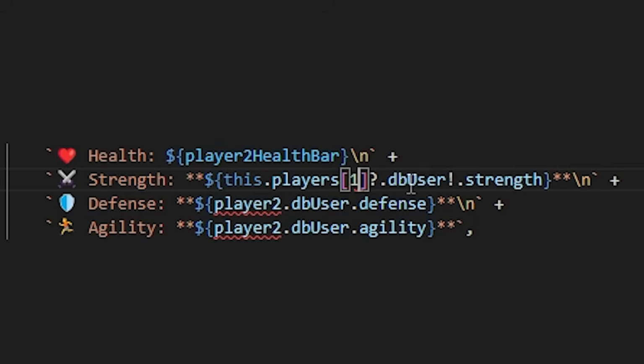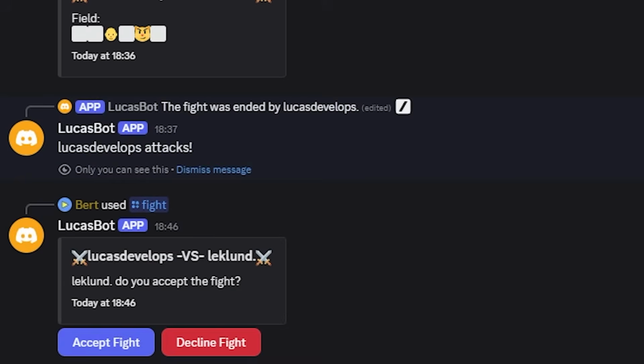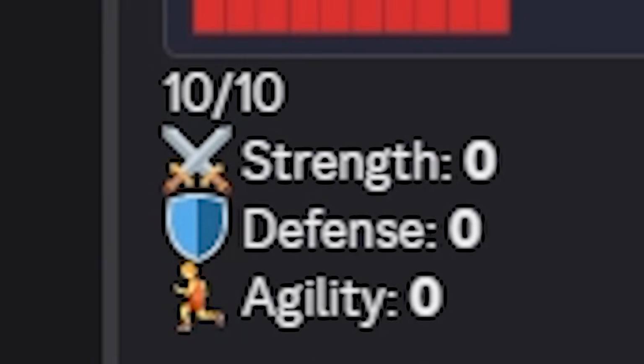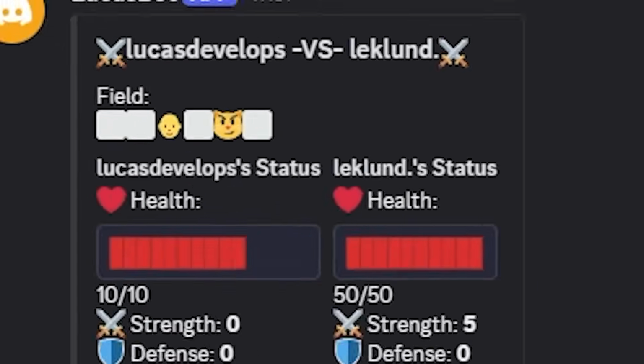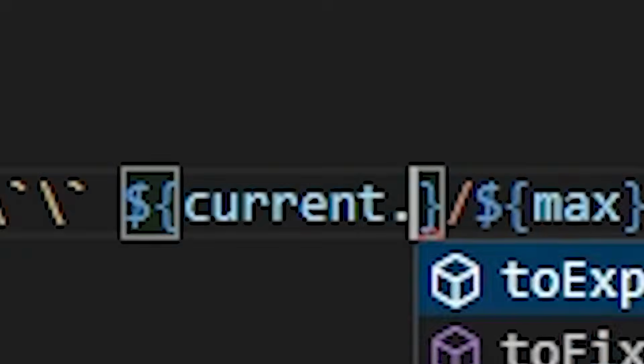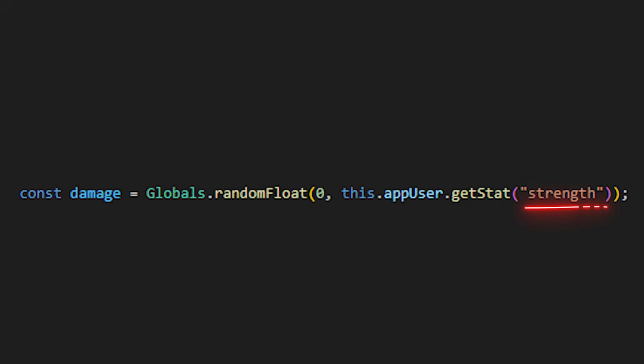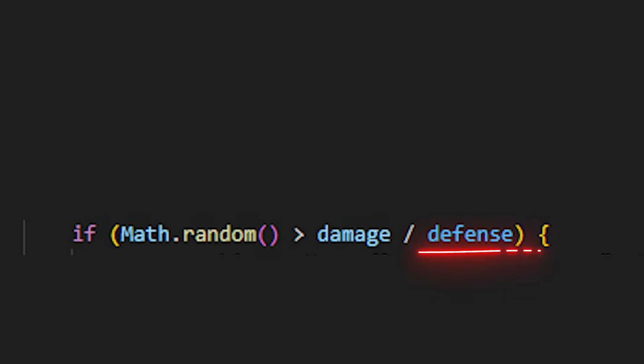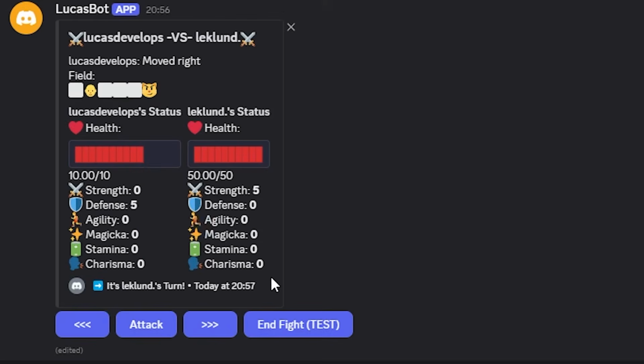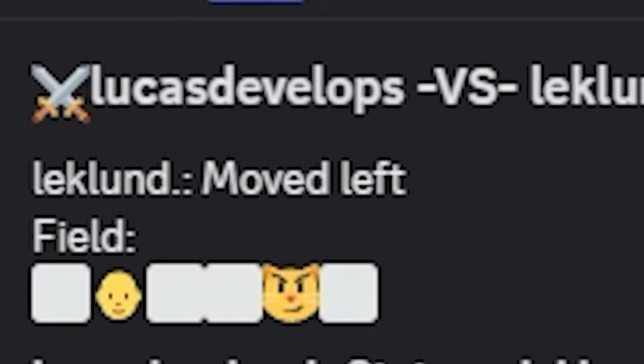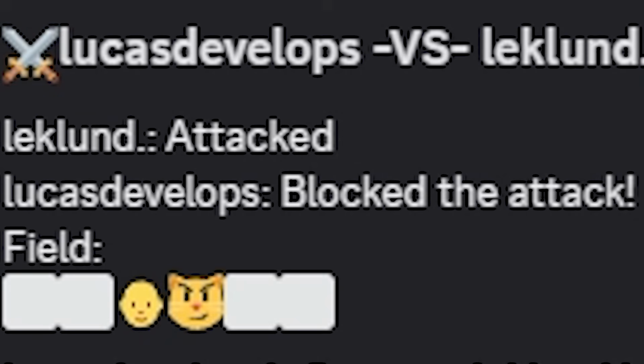So now we can add some of the stats visually to the game. And boom! Look at that! Now you can walk up to each other and damage each other. Look at that floating point value. Okay, let's fix that. The damage scales based on your strength, and if you got defense, you have a chance to block the damage. So now with the basic actions like moving left and right and attacking and blocking,